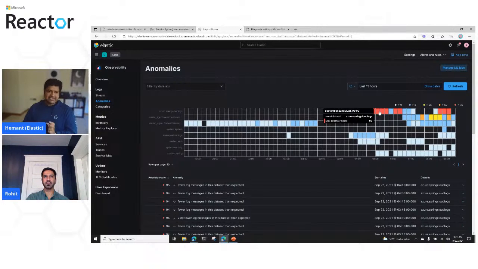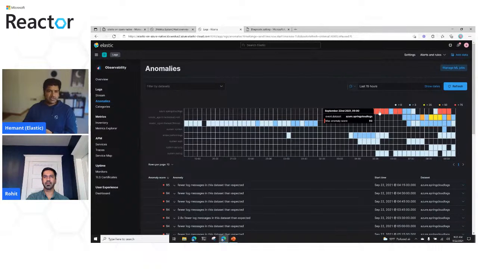So I just quickly showed you how you can leverage the native integrations to send in your platform logs and activity logs with easy checkboxes into Elastic. We looked at the metrics or the logs that could be flowing in from your virtual machines, leveraging the VM extension, also powered by native integration.